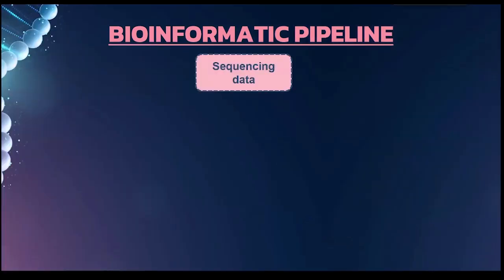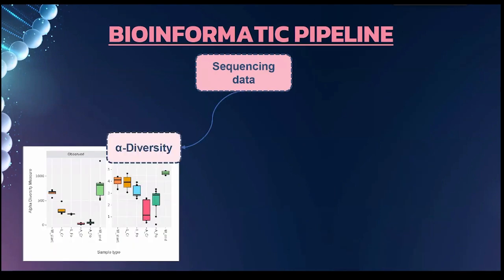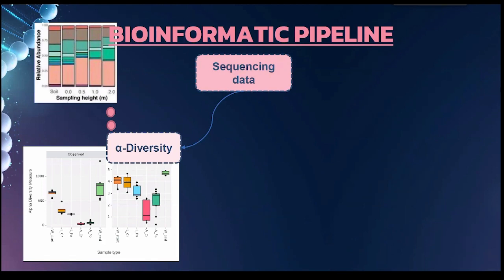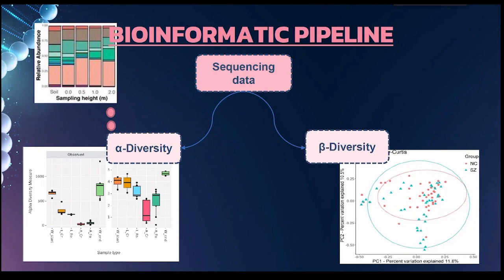Well, regarding my second group, the sequencing data. The first is to study, for example, the alpha diversity of the microbial communities. But another option is, for example, to study the relative abundance. You can perform this analysis at each level you have. For example, in this case, you can use phylum, order, class, whatever you want. You can also study the beta diversity to see the change between, for example, if you have two cropping systems, two treatments, you can see the difference in the whole microbial community.